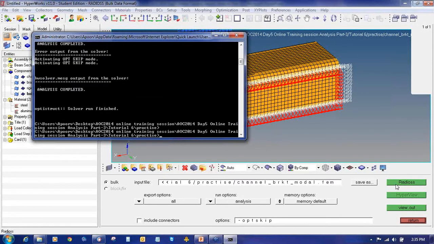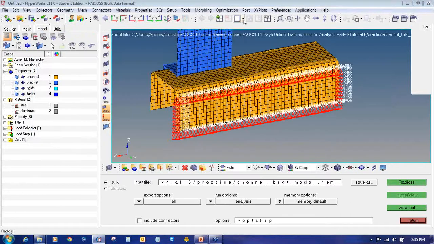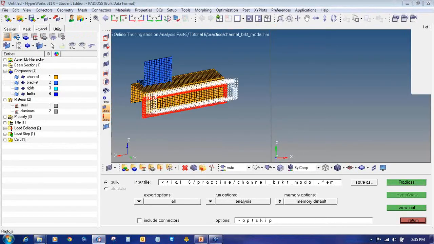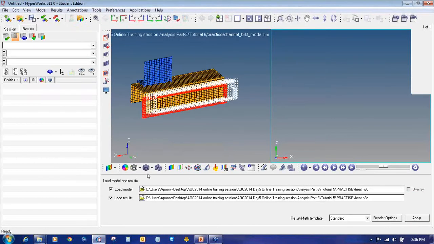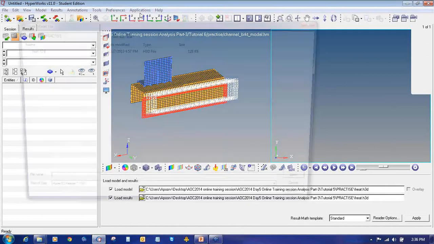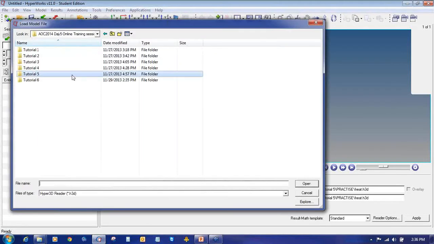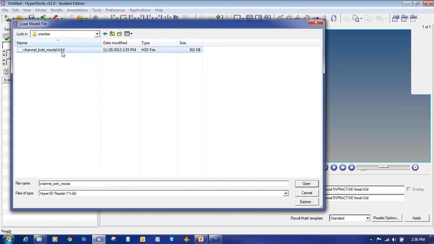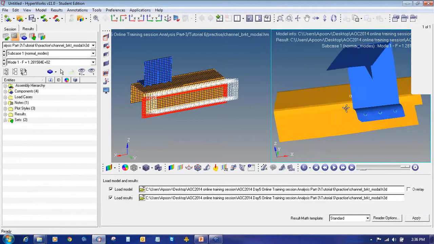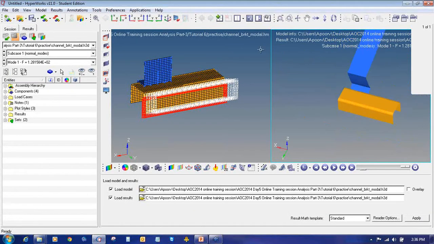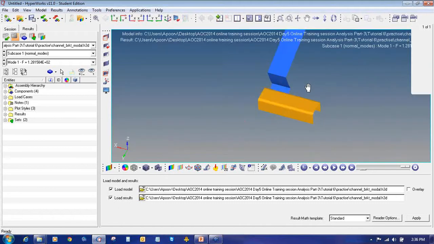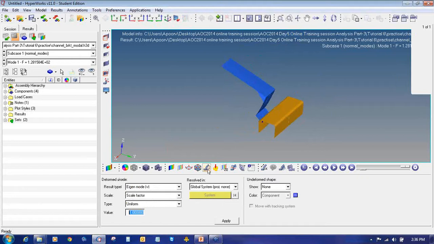So my analysis has got completed. So I will go to the HyperView window by splitting the window into 2 and opening the H3D file. So if I magnify it, so I will decrease the speed.